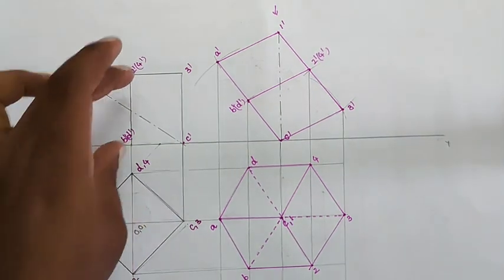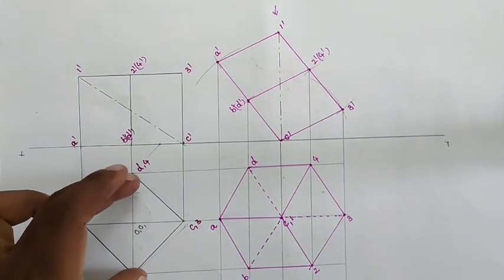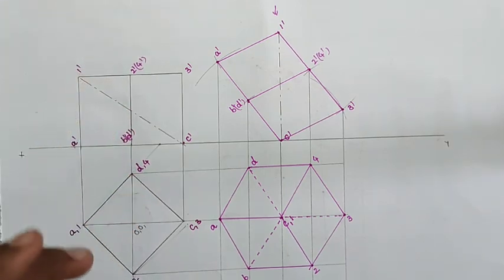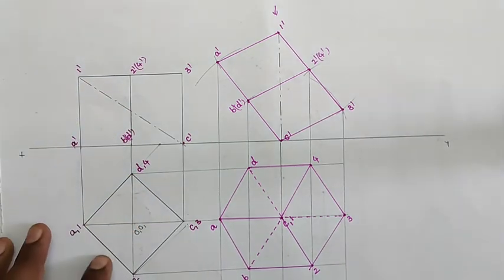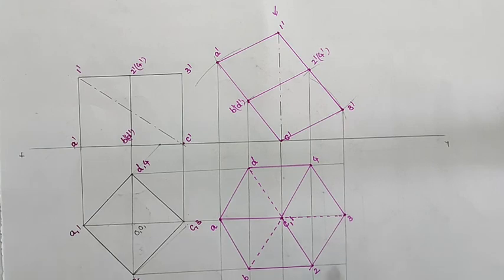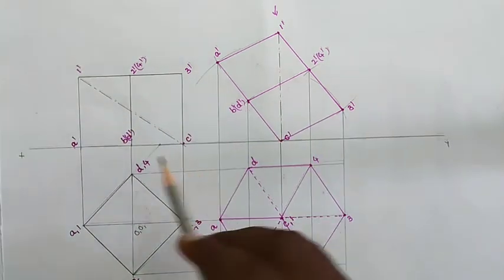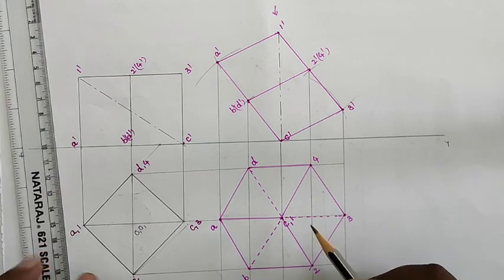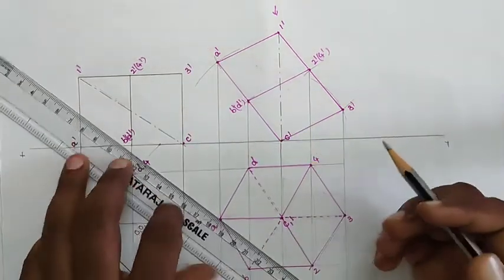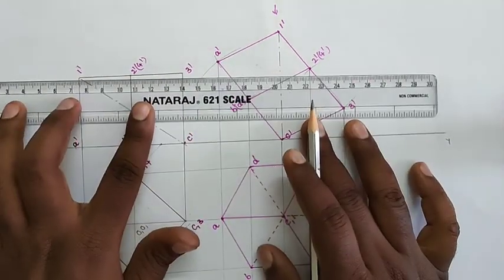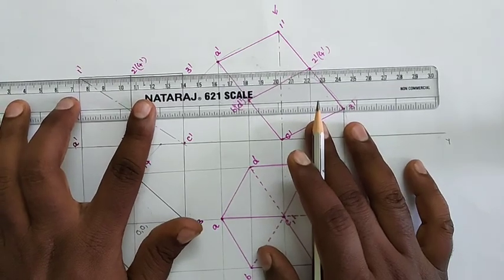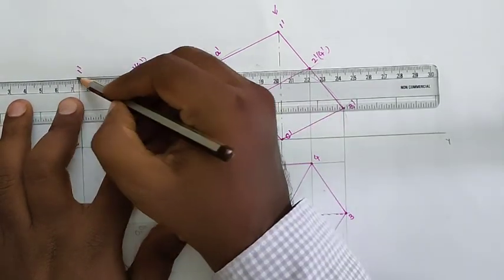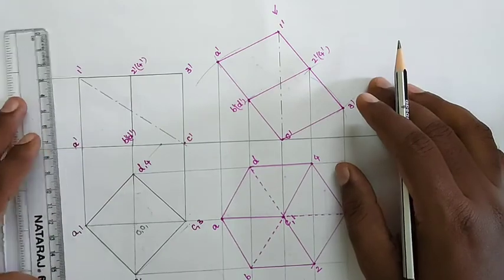In the front view also you can take the axis. Here the axis height is equal to the edge of the cube, that is 45. Here, if you see, 1 dash and C dash, and A dash and 3 dash are the solid diagonals. The solid diagonal is asked to be vertical, but here the solid diagonal looks inclined, so we can tilt the 1 dash and 3 dash solid diagonal into a vertical position,